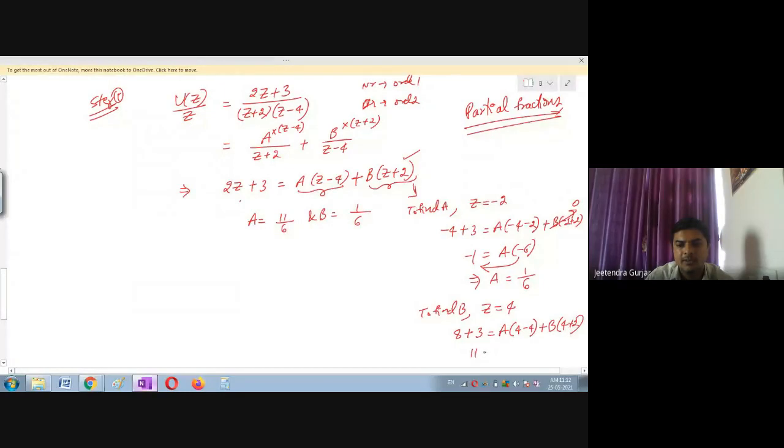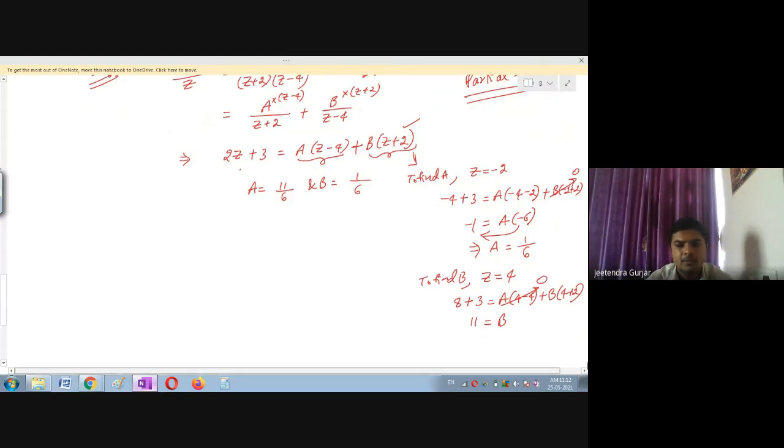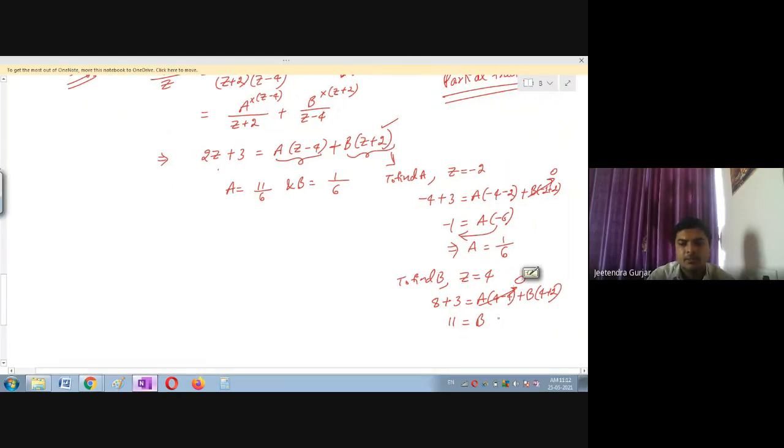So therefore this is 11 is equal to, this term will become 0, students. I am solving this on the right side. Please note that. Okay. So 4 plus 2 will become 6, so B is going to become 11 upon 6. No problem. A and B you have interchanged. No problem. But please see that you take here A is equal to, even I will take the same thing what I have got, 1 upon 6, and B is equal to 11 upon 6, students. Please check everyone got the same answer.